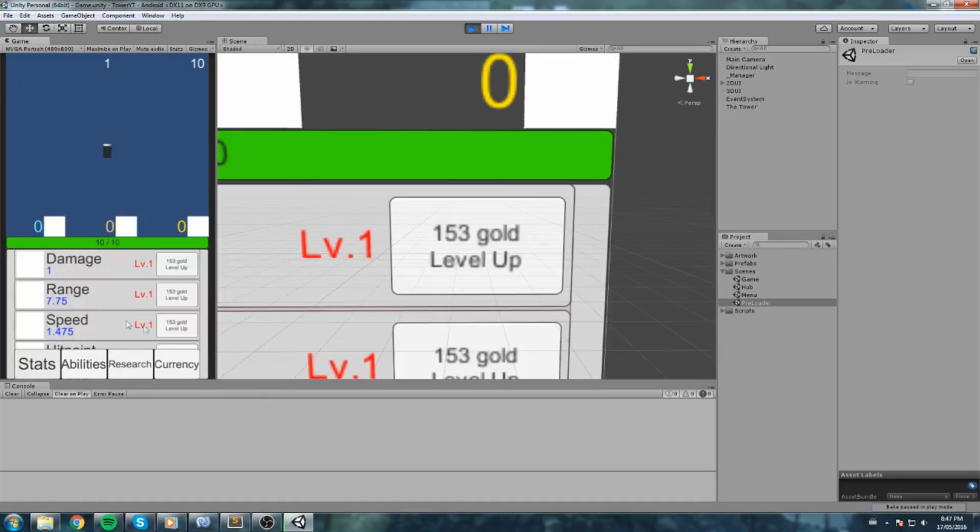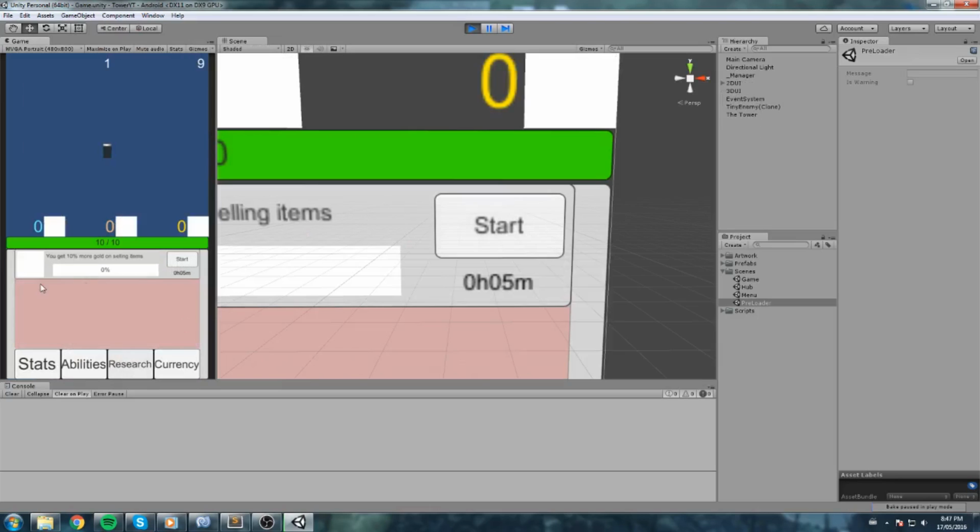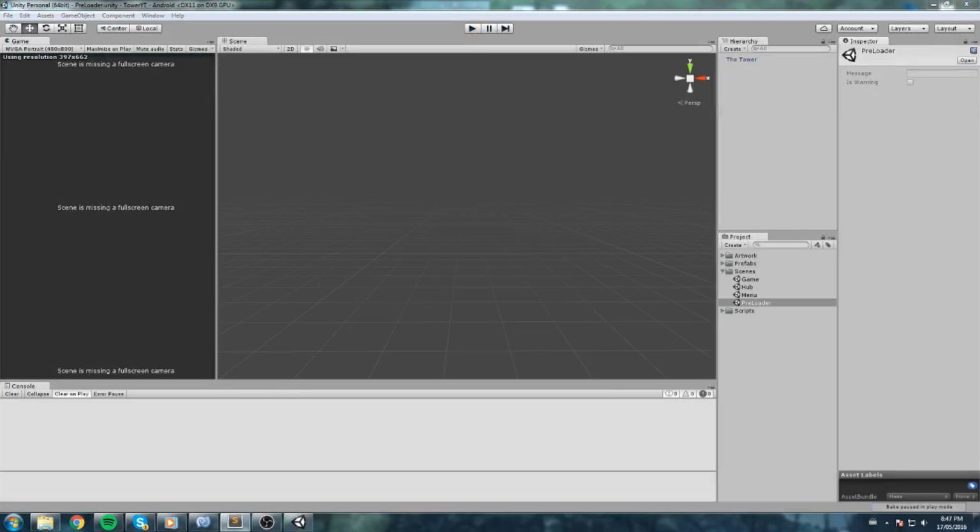So this part here where it says start, instead of saying start, we're going to get rid of that whole start button. We are simply going to remove the text inside of it. Well, maybe not remove, but we're going to take it out and put some other stuff such as an icon for the gold, and then next to it a text for the amount of gold this is going to cost. Now just below that, if there is a loot to pay as well, we're going to put a loot icon and then the text next to it. So we need to redo the little